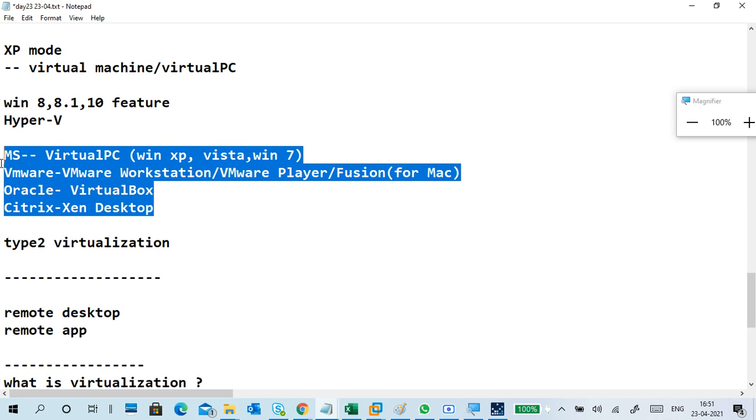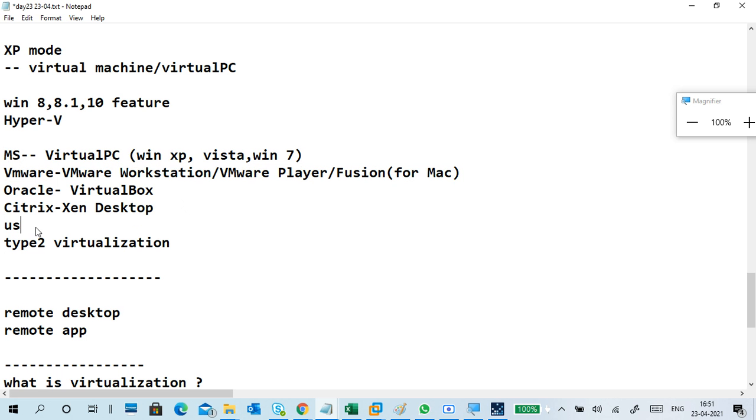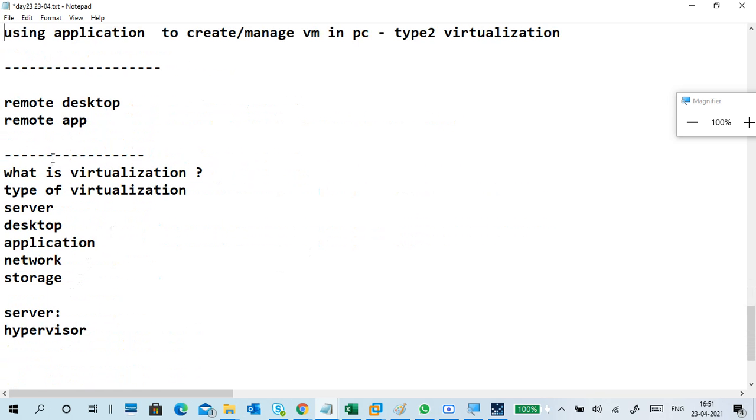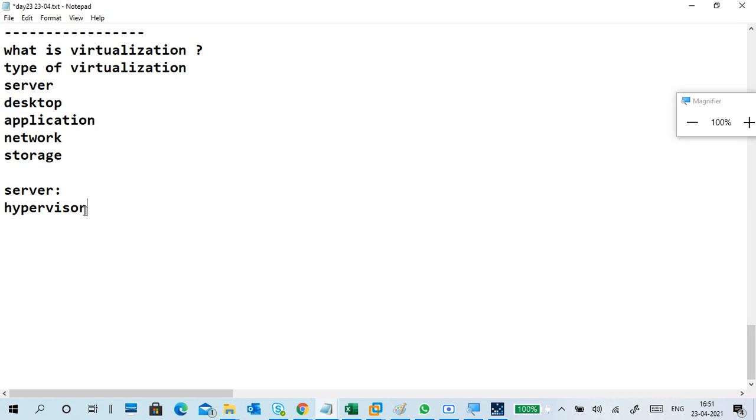So for server: what is a hypervisor, types of hypervisors, type 1 virtualization, bare metal virtualization, also called type 1 virtualization.